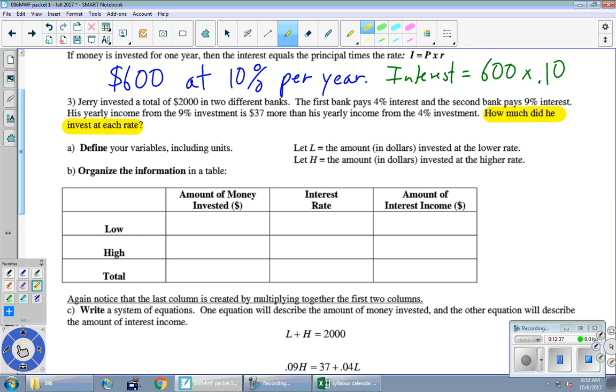Notice that I'm using L and H and not X and Y. And in the previous problem, we used C for cheap and E for expensive. You're welcome to use X and Y on every problem today, but I think it's worth using letters that remind you of what they stand for. Number 1, going back to the cheap and expensive candy,